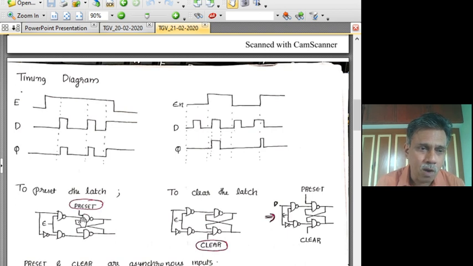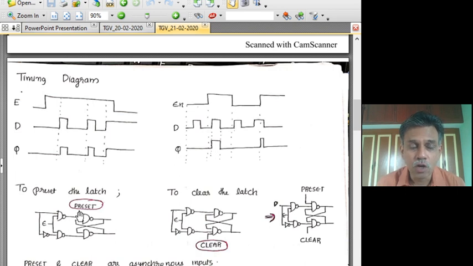Suppose we take one more input to this NAND gate, and we will call it a preset. When we make this 0, this NAND gate has 3 inputs, but if one of the inputs is forced to 0, then its output will become 1. And you can easily check, because of this cross coupled nature, when Q becomes 1, Q bar will automatically become 0. So we can set the flip flop to a 1 state by forcing a 0 at this place.